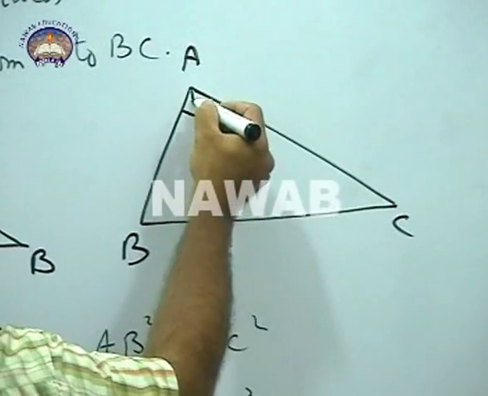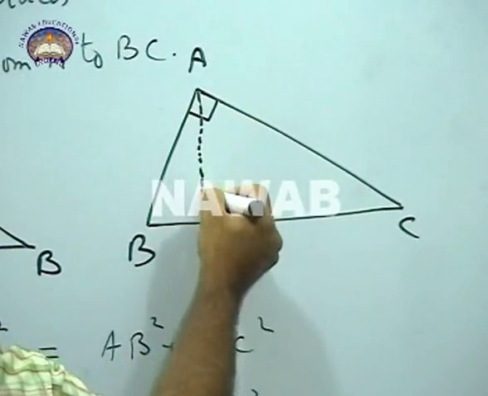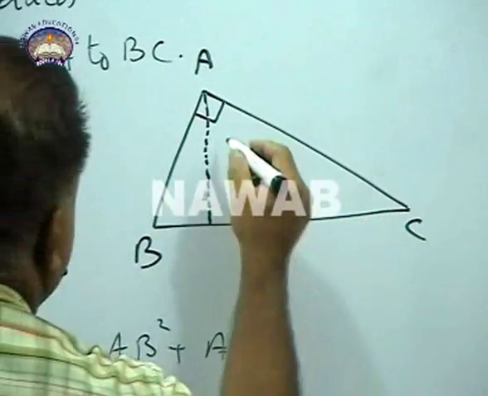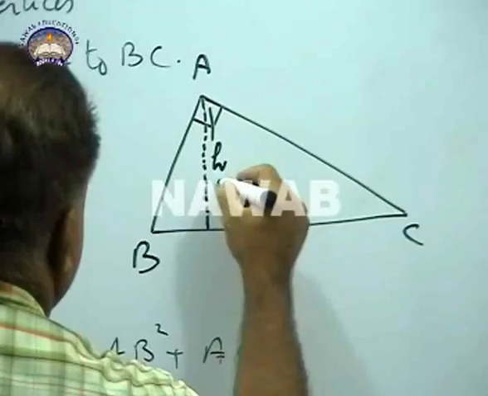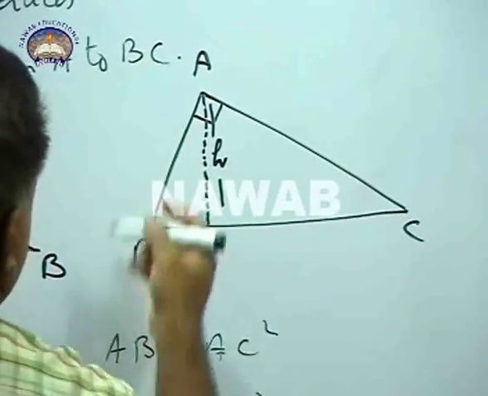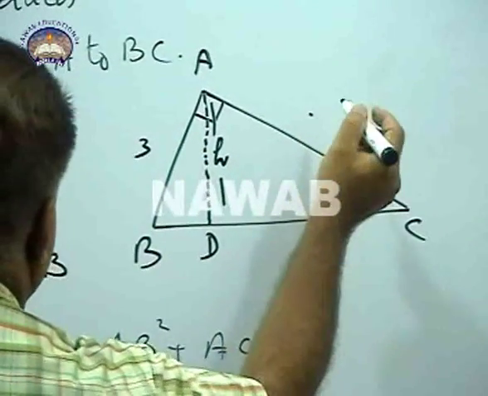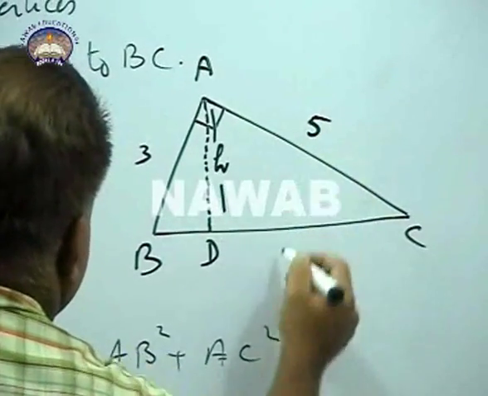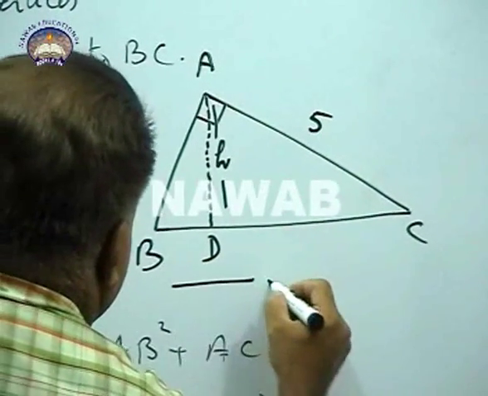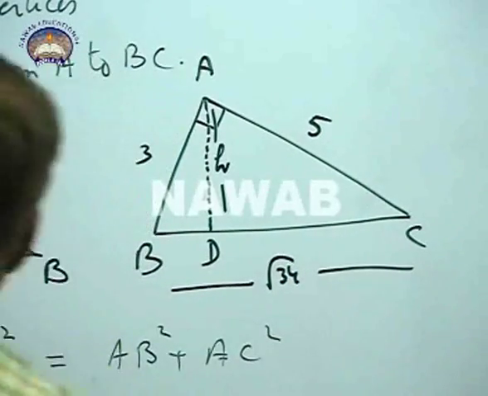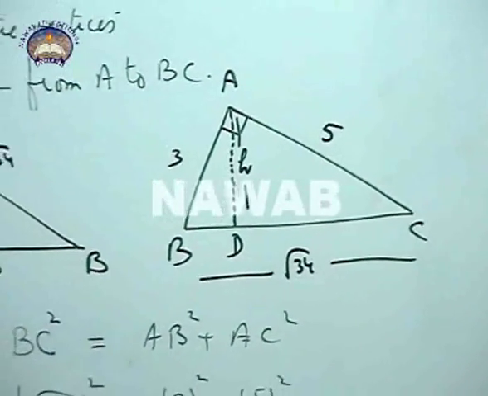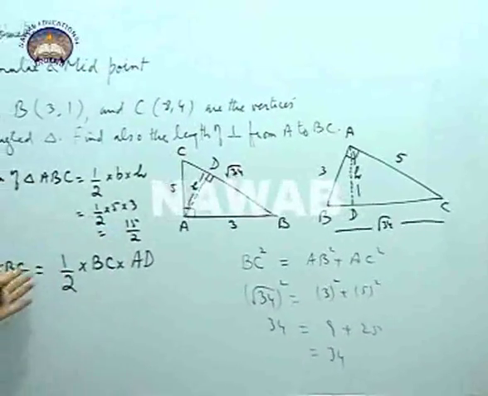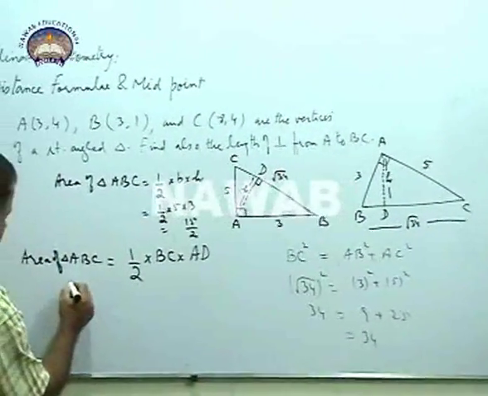So you have to find now the height of triangle from A to BC. This height we have to find, okay? And if this point is D, so definitely we can find this height with the help of the same area of triangle formula. So now as we have calculated area of triangle ABC as 15 over 2, so we